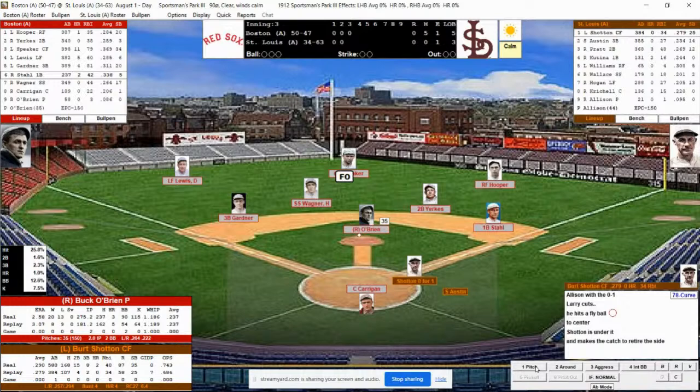The Red Sox beat St. Louis in yesterday's game, and if they're going to make any progress towards taking over first place, they're going to have to beat them today and their game tomorrow. Okay,